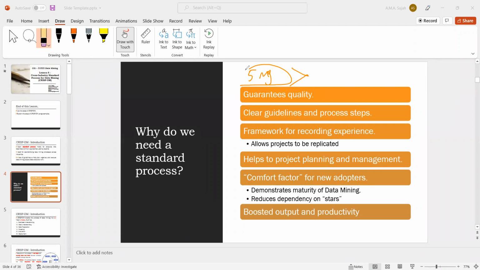Even in bakeries, whenever they make bread, they need to follow the weight of the bread. That is a standard. One loaf of bread must meet 750 grams or something. Likewise, they have some standard ways. If they fail to manage these standards, they will definitely face issues with the legal organization. Okay. So here also we are discussing a standard process for data mining.